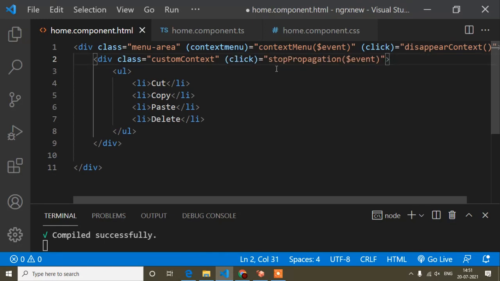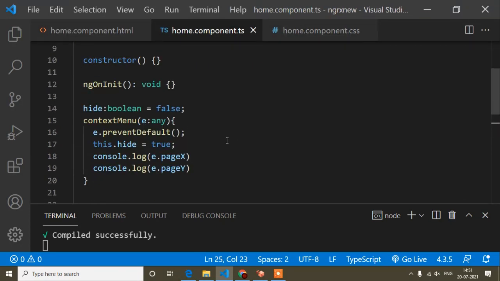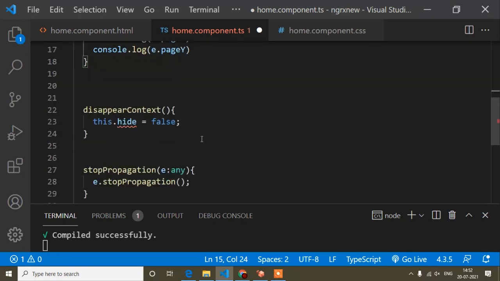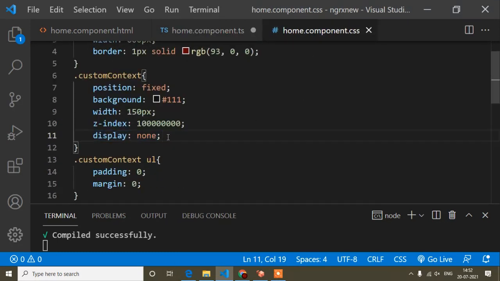I will remove this one because if I use ngIf, there would be a problem. That's why I will use the style property. Now guys, here I don't need this hide one because I removed this ngIf, so I will remove it from here. I use style display none, so the menu will be hidden.